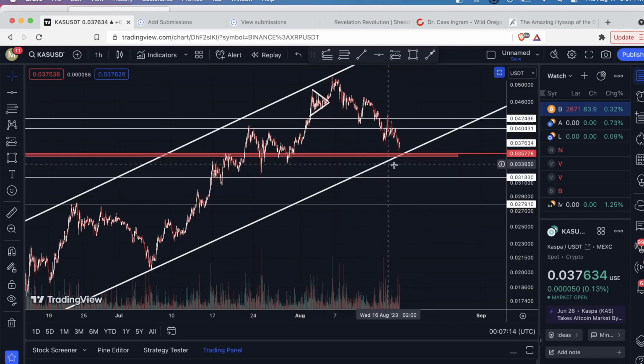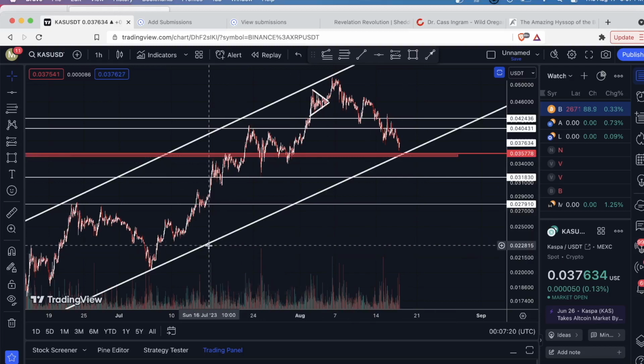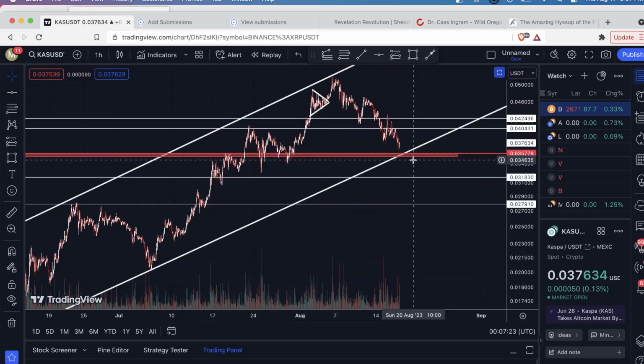So in this scenario, I would place my stop loss below this horizontal region of support and below this upsloping level of support as well, right? So my stop loss would be around here, right? And I wouldn't want to risk too much given the state of Bitcoin. So yeah, just personally, I would just use a small percentage of my portfolio to take a long here with